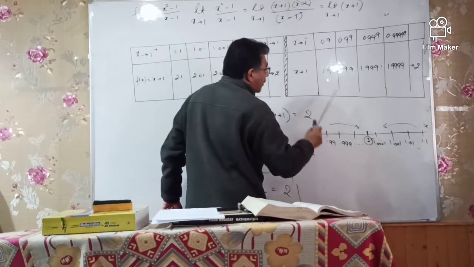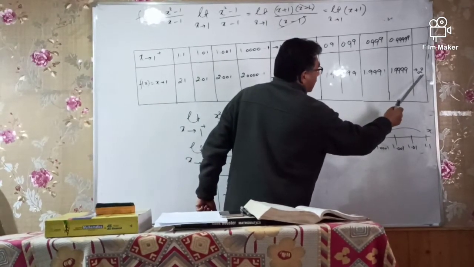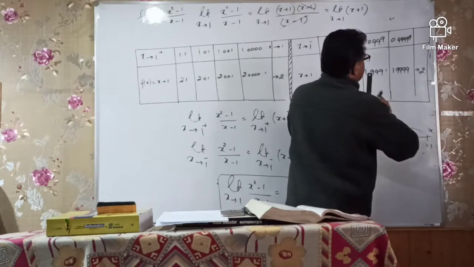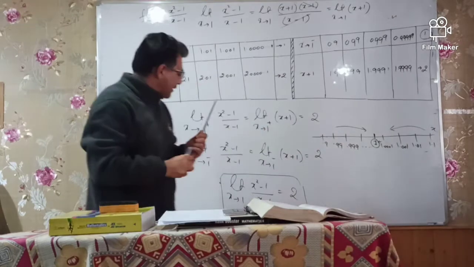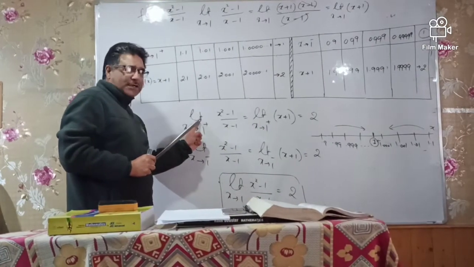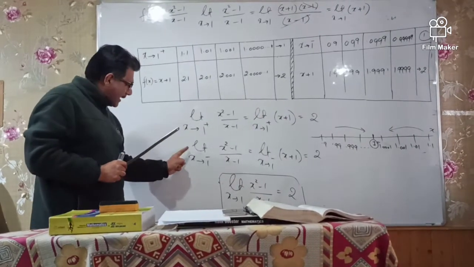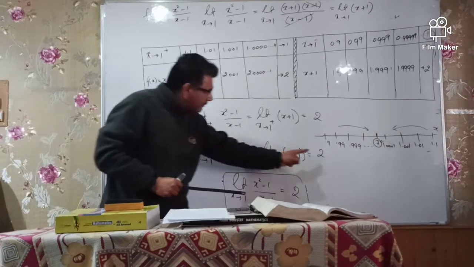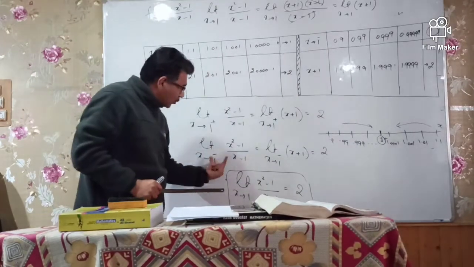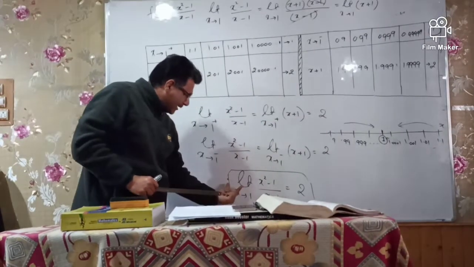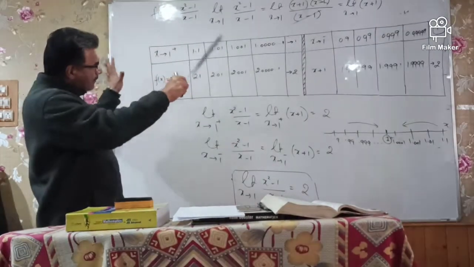यानी सी, अगर मैं x को वैल्यू 1 दे रहा हूं, मगर इस रास्ते से आ रहा हूं, तो x + 1 का वैल्यू अल्टीमेटली 2 के नजदीक आ रहा है, और x 1 के नजदीक जा रहा है। इसका मतलब है लिमिट 1 पॉजिटिव, यानी अगर मैं 1 ही देता हूं लेकिन थ्रू द पॉजिटिव वैल्यूज, तो मुझे वैल्यू 2 मिलता है। लेकिन अगर मैं 1 माइनस की तरफ जा रहा हूं तब भी मुझे वैल्यू 2 ही मिल रहा है। इसका मतलब है कि दोनों लिमिट सेम हैं, इसलिए हम कहेंगे लिमिट x टेंड्स टू 1, (x² - 1)/(x - 1) = 2।